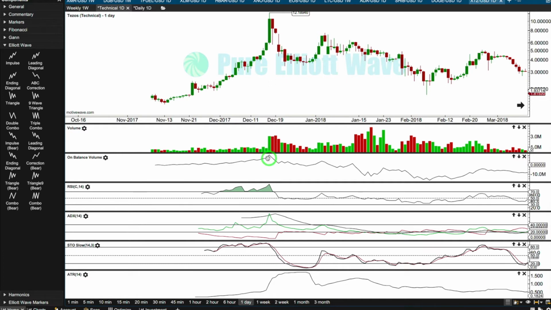On balance volume made new highs with price, no divergence. RSI exhibited no bearish divergence at these highs. It did here between this high and this high. So if you'd looked at this here, you would have said that's bearish, and that was before the final upward run. And what did this close at? $4.30, and here it closed at $10.55,